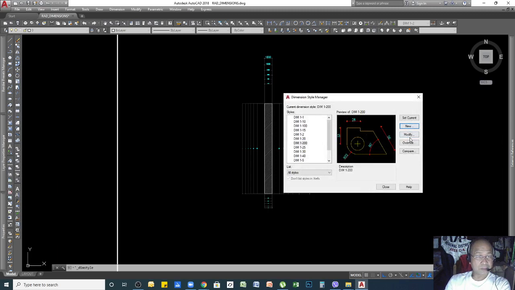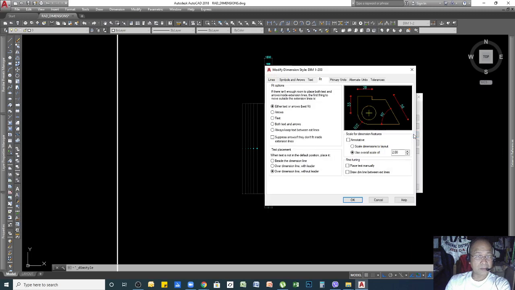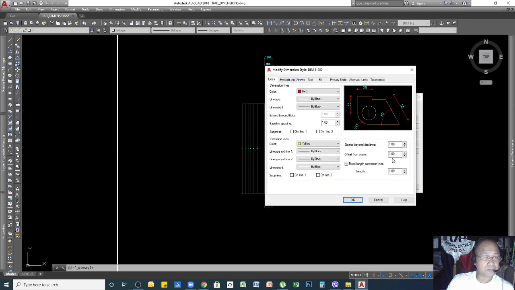If you want to change something, you can go back by clicking Modify. So why is it that it's too far? I already put back the offset from the origin as 1. Enter. Still it doesn't go back. Anyway, this is for a try. Let us see later when we complete the setup.